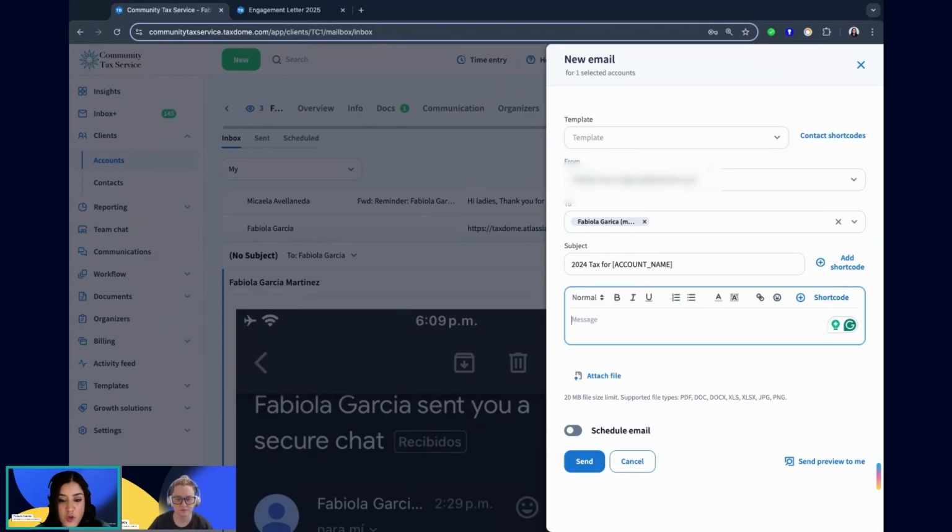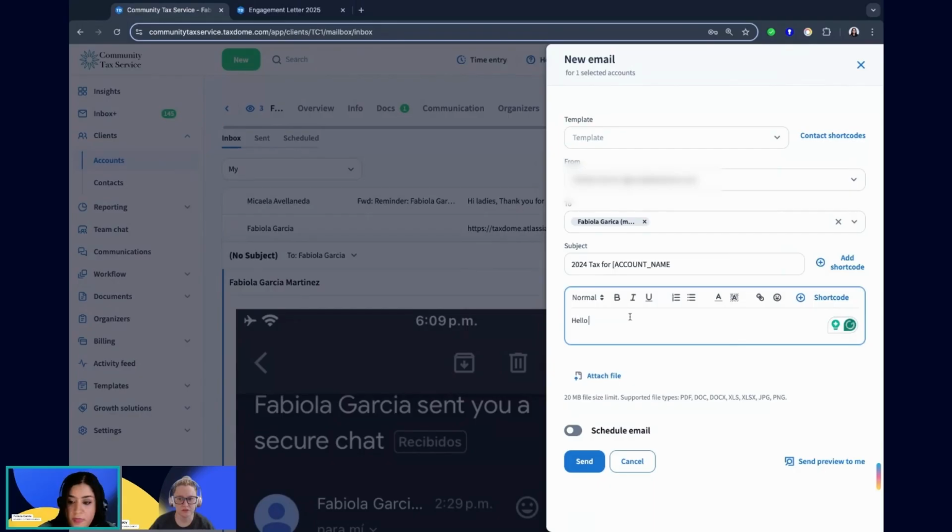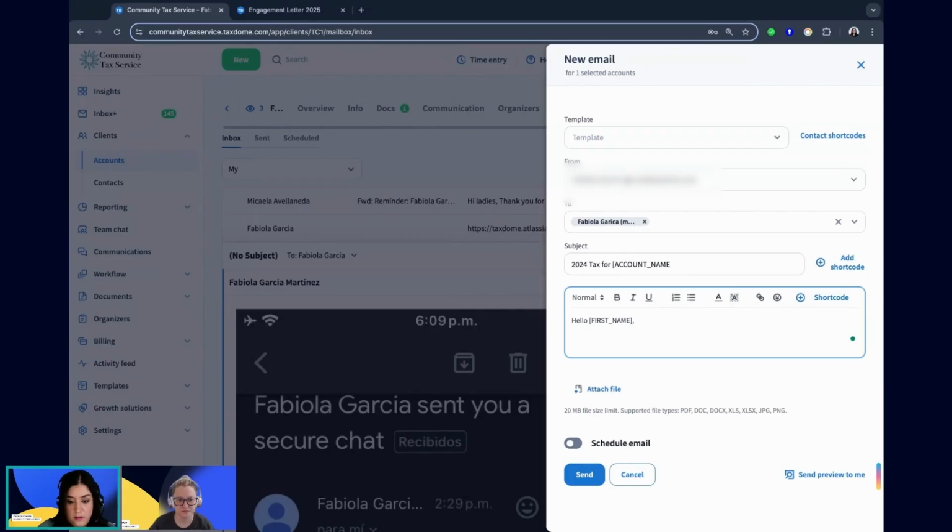Specifically in emails, you can do short codes for contact information. So if I say "Hello," and then the short code first name, and then the body of the email here, just some gibberish there. When I send this out to 500 accounts, it's going to fill in their name, not a blank section. So if it's John, if it's Mary, if it's Katie, it's going to fill in their name. So never again will you have to tailor any email manually, because it's automatically going to do it for you